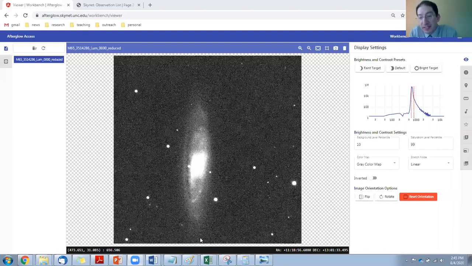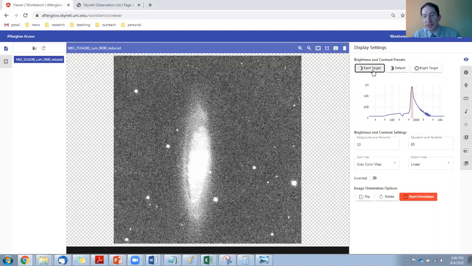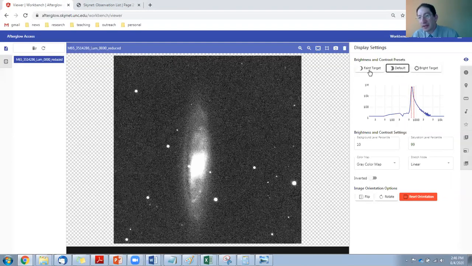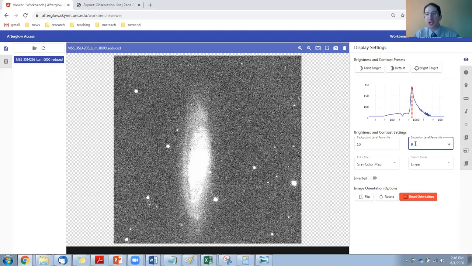Now to do that, we need to see the outskirts of the galaxy as well as we possibly can. And so what we're going to want to do first is change the brightness and contrast. When you load it in, it's set to the default setting. I could switch over to the faint setting and see more of the outskirts, or I can make it even a little bit more extreme. So instead of a saturation level of 99 or 95, I recommend that you change it to 90. And so now we can really see the outskirts. The galaxy seems to end around here,